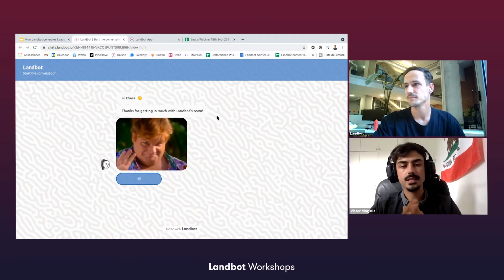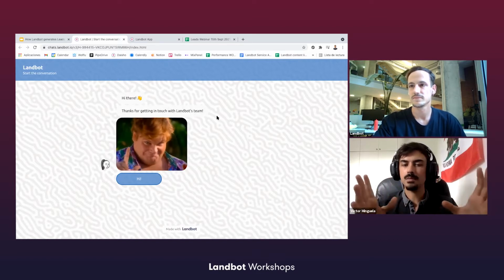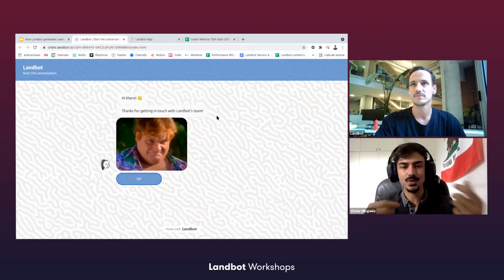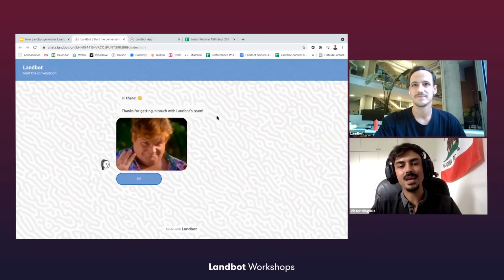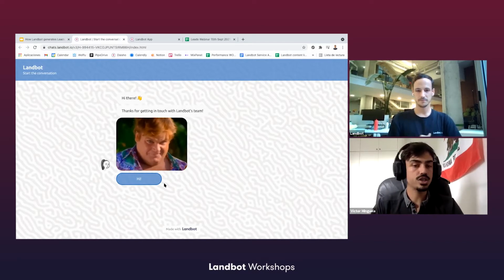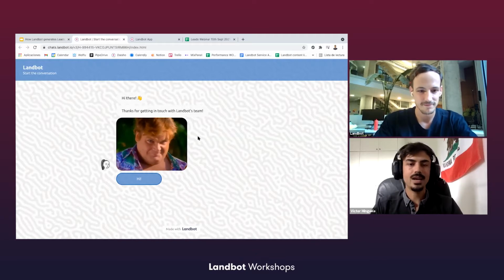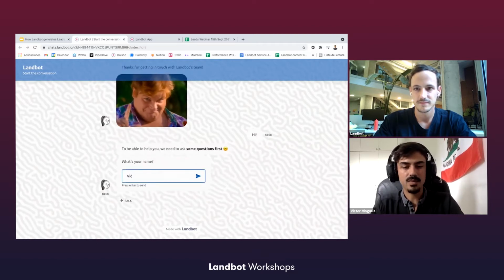Also remind you that the bot we've created for this workshop is almost just like our bot. We just made it a simplified version because everybody has to give their magical touch to each one of their bots and personalize their experience as they want. So this is a simplified bot of our actual bot, but we are using the same features you will be seeing in this workshop. So an intro message, as I said, conversational experience. Let's just fill it in. So my name would be Victor.